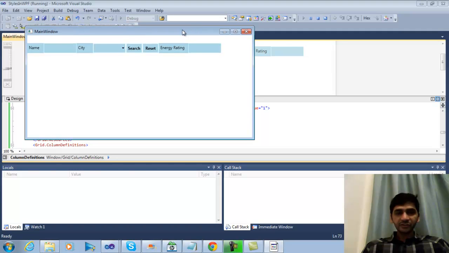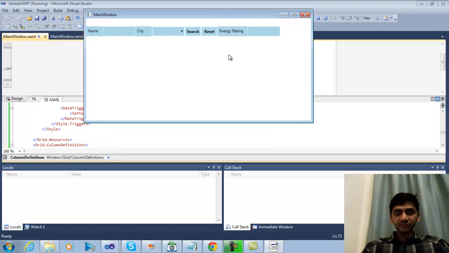So within our existing application, I just added 2 more controls here. Energy rating, so it's a text box here. We already had this trigger, the style with this trigger, like when mouse is over, we change certain attributes, and similarly over here, when the focus is there, the background color changes to yellow. There was no style on the reset button, so I have added a style which is the multi-trigger style, and